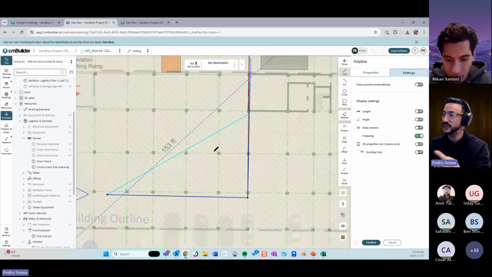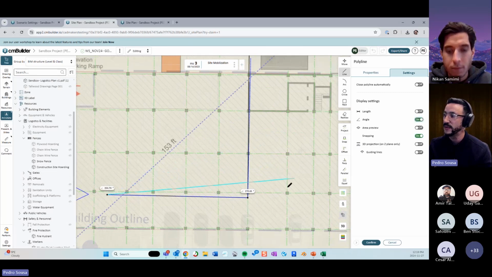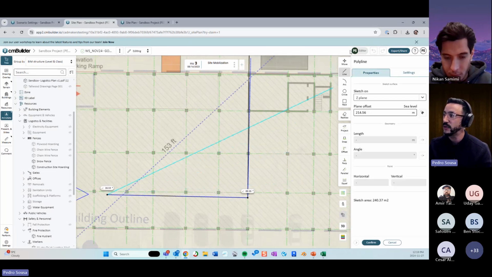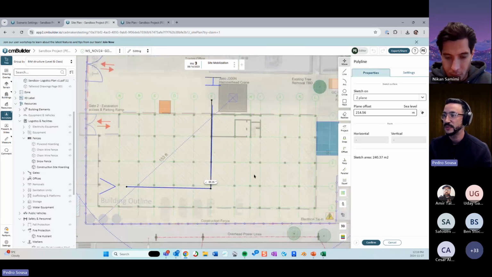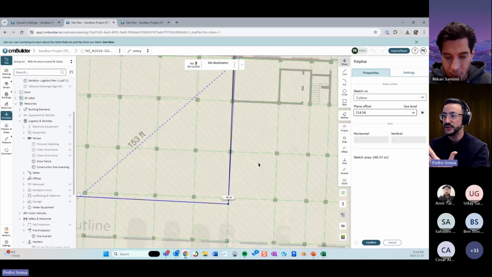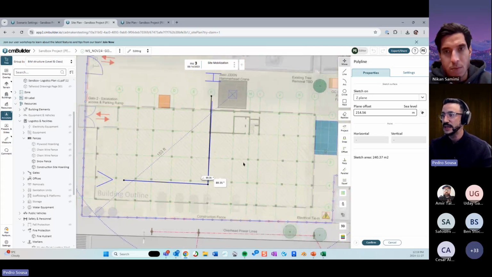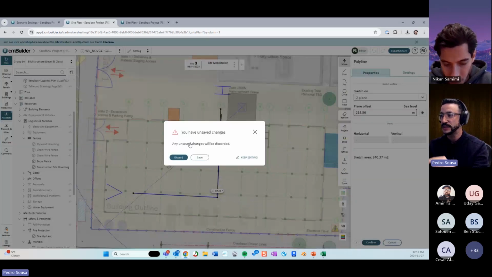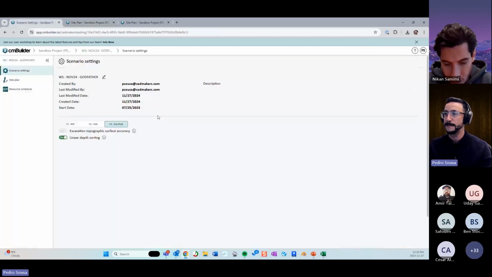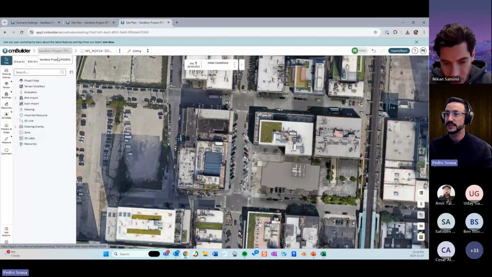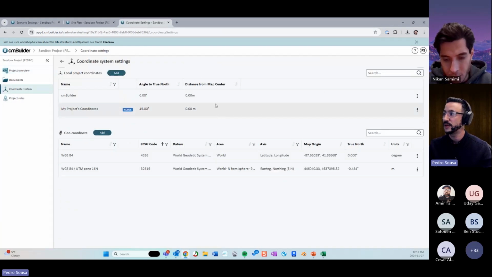So when you do these two lines, you can go into angle and you can see what is the angle between these two lines. So basically, this is a way for you to measure what is going to be the angle between the true north and your project north. So for this project, the angle that I need is 89.35 degrees. So if I go in and place this value now into my project north definition, this guy over here,